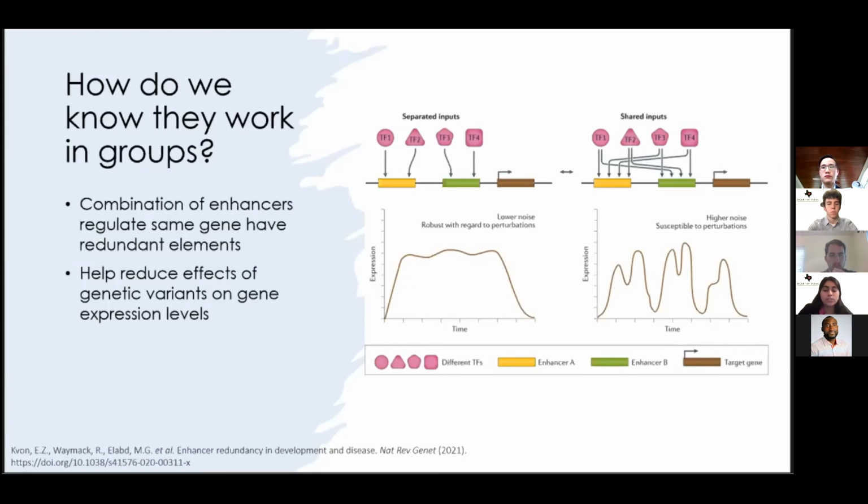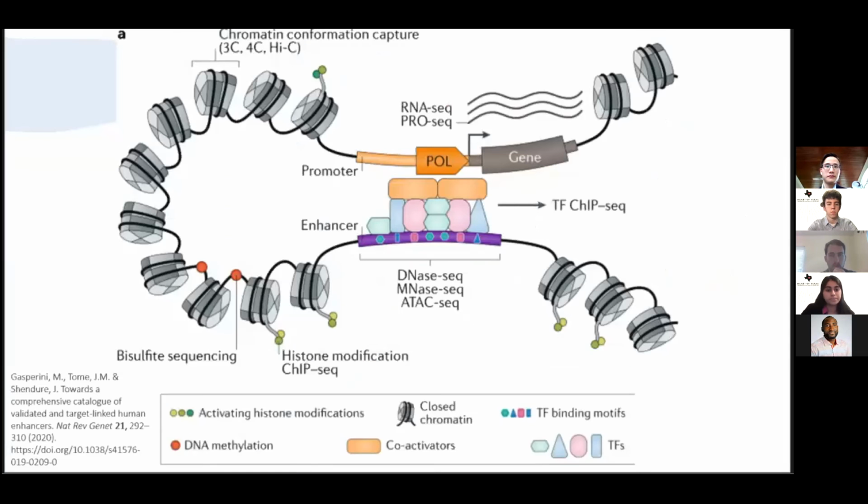Shadow enhancers are similar to redundant enhancers as they present redundant functions, and they are groups of 2 or more enhancers that control the same gene target. Here we can see a schematic depiction of an enhancer and a target gene, marked with biochemical annotations used to nominate candidate enhancers and other features of non-coding DNA. If you look at the transcription binding motifs, those are especially involved in transcription regulation.